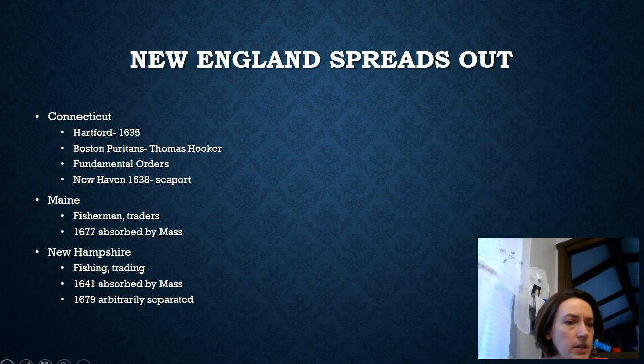But it's an interesting scenario here. This I'm not going to really talk about much. There's really not much to talk about except to see that New England, they can't just stay in Massachusetts and Rhode Island. They spread out. Maine will actually be part of Massachusetts up until 1820 when it's separated back out. And there's a lot of little colonies. One thing I will mention here is the Fundamental Orders of Connecticut. That is another written legal code system that will influence the Constitution later on.